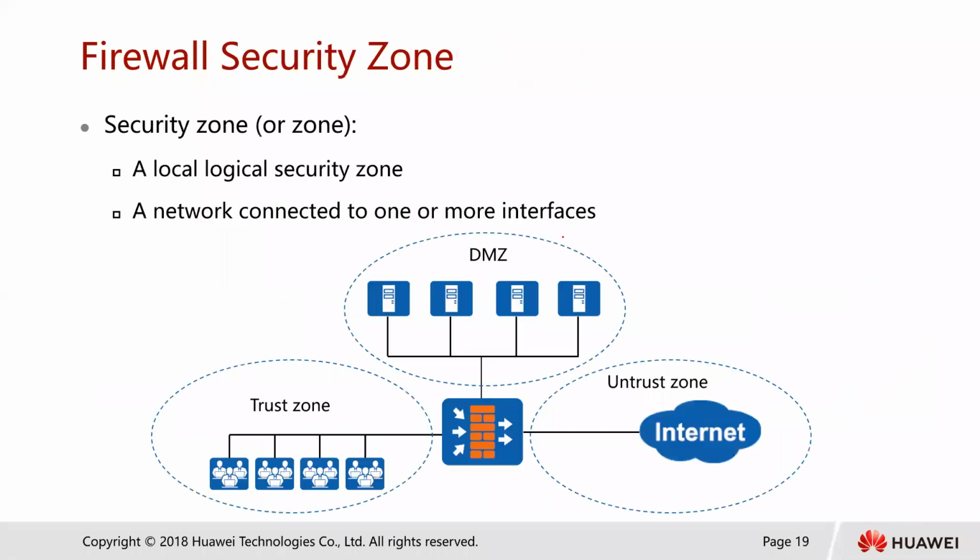I'll share the PowerPoint. The firewall also has security zones, and policies are implemented based on the zones that we create. Data flows in the same security zone bring no security risks and therefore require no security policies. So the firewall performs security checks and implements security policies only when data flows between different security zones. So all devices on the network